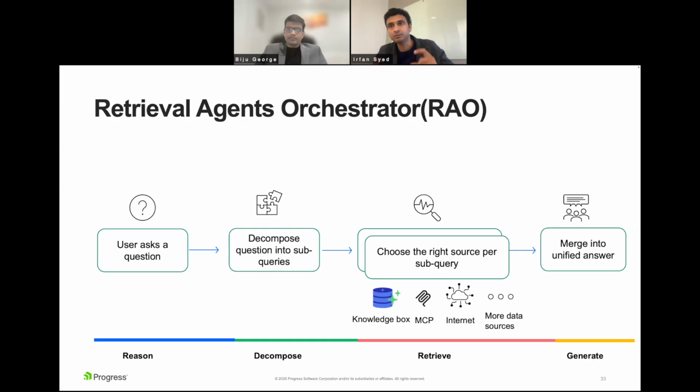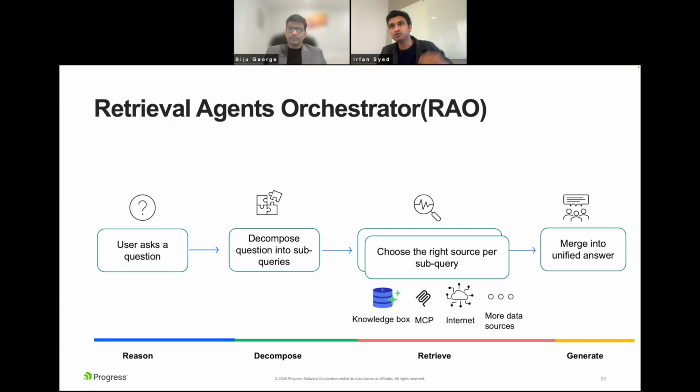The idea here is that in an agentic workflow, the data is not just one source, but multi-source. So when you have multi-source data, we are providing you the ability where we will be creating different connectors or drivers that will help you fetch the data from various different data sources. And once this retrieval is done, we will merge the answer into one unified answer and present it to the user.